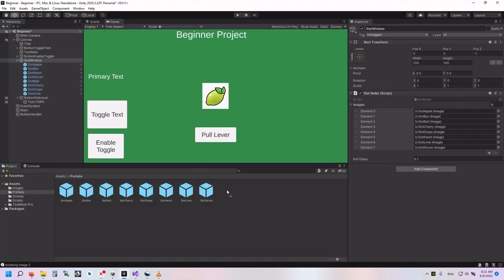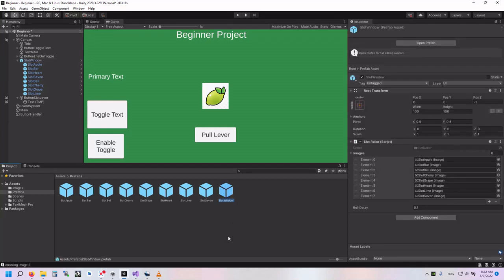And I'm going to make slot window, the whole slot window, into a prefab. Just like before, you just drag it in there and it works. And so notice that it changed the icon here. This has now become an instance. Okay, and that's fine, which is pretty much what I wanted, except I'm also going to